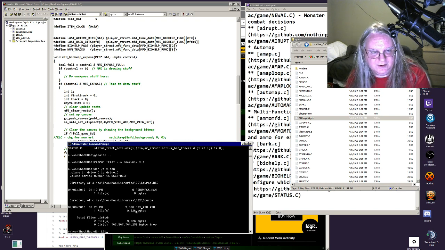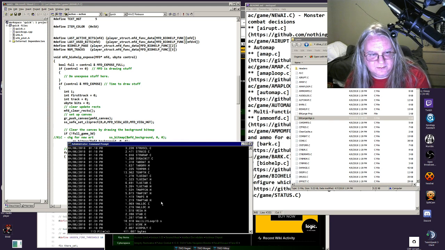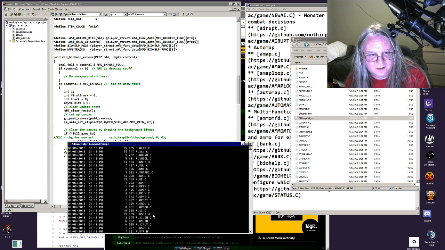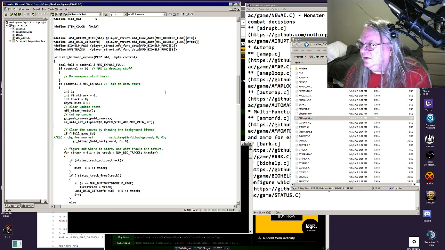Like, should the libraries 2D, which has all the texture mappers, have assembly code in them? Do they have the .s, which is going to be the Mac one? Like flat 8, I think, was a texture mapping thing. Maybe they were all written in C? I don't know. We'll look at that later. But, so biohelp